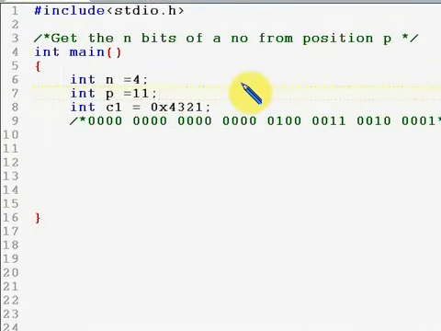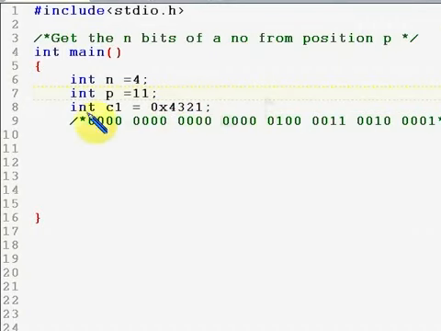As I had promised, we're going to look at a more complicated program here. The question we're going to answer is, let's say you have a number C1. It's a 32-bit number, and I want n bits from position P. For example,